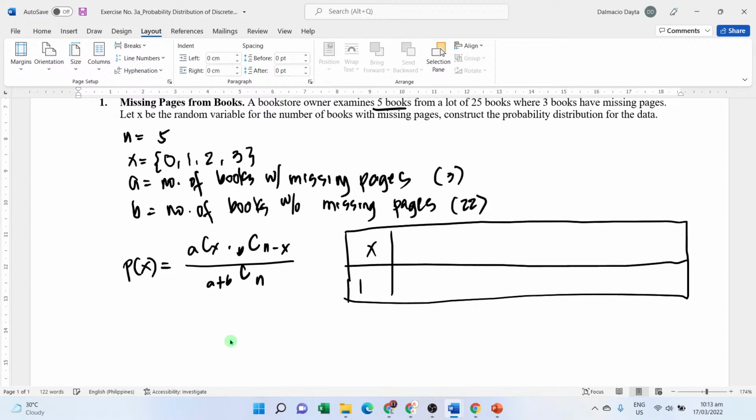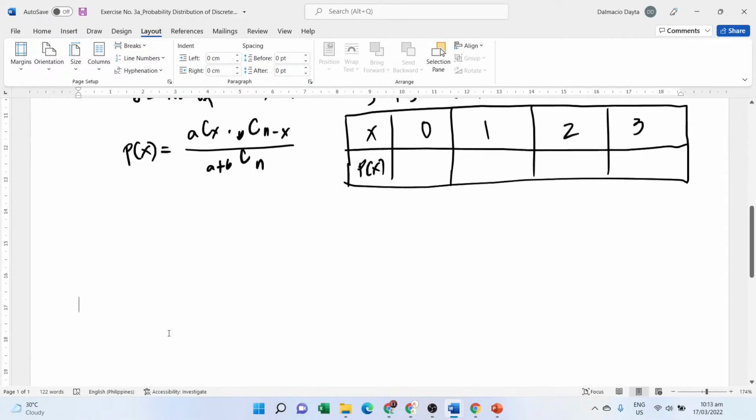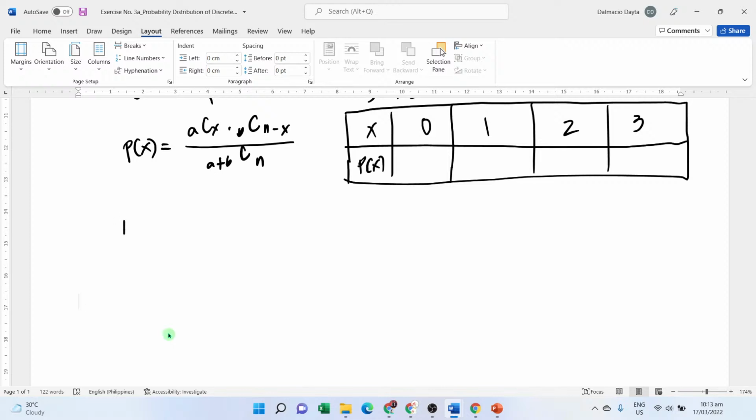So we have x and then p of x. We said that the possible values for x are 0, 1, 2, and 3. Right? Now, let us compute for each of the probabilities using the formula. If x is equal to 0, then we have probability of x equals 0 is equal to A is